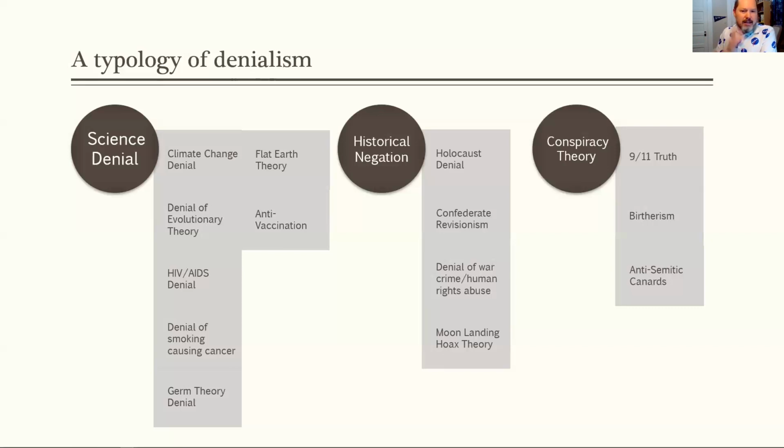It's like saying there's this thing that all historians agree happened and happened in a certain way, but all of the historians are wrong. So there's Confederate revisionism. This is also known as the myth of the lost cause. You may have heard this idea before, that the South only fought the Civil War over states' rights, when in fact it's very clear that they fought it over their ability to use slave labor in their economy, right?